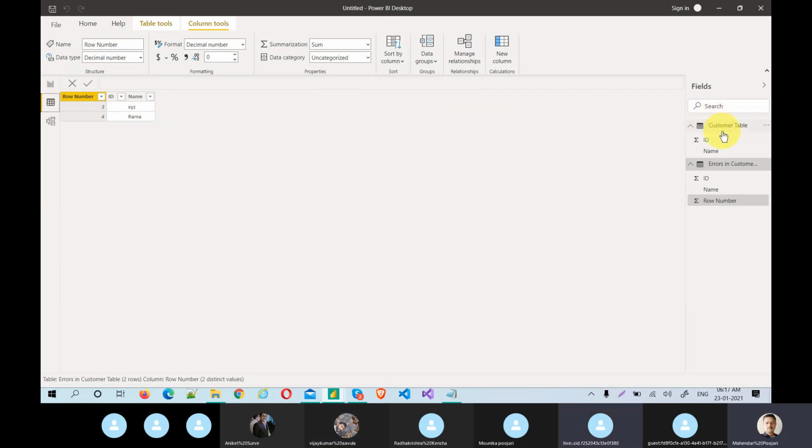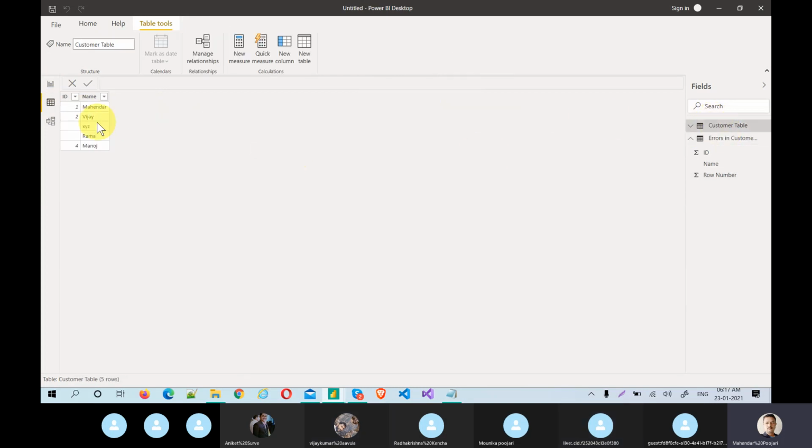Okay, let me show you the data once again. If you see here, these three or four records are not good. Until I change the data type, they were actually good. But once I change the data type, they're actually numbers. Whole number cannot be null. It should be a number, not text with a number. I purposefully gave text here and text with a number here, so those two records are errored out.